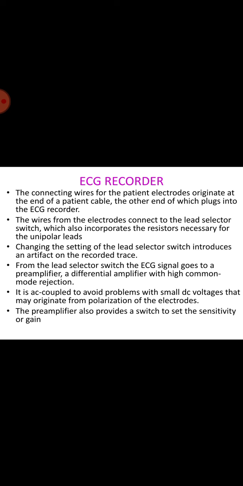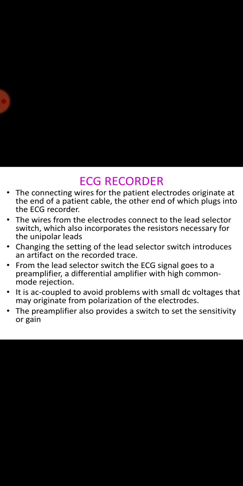It consists of a network of resistors and neon lamps. The lamp fires when a pulse from a defibrillator is present. During firing of the neon lamp, there is no input to the preamplifiers of the recorders. So the lead selector switch is used to feed the input voltage from the appropriate electrode to the preamplifier. It also includes the resistors necessary for the unipolar leads. And the calibrator will be used. The push button allows the insertion of the calibrator to calibrate the record.